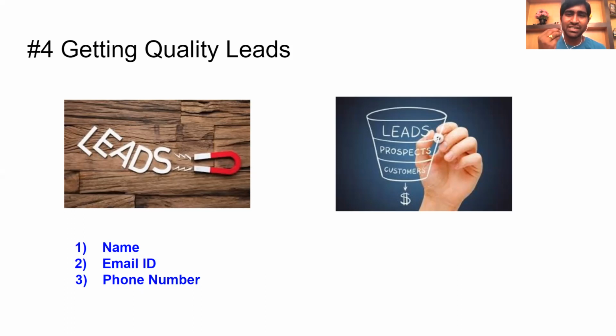So when you give these details, or if you are running any Facebook lead ads, lead ad form, then you have to ask questions. As I said, you don't need to get easy leads. With the Facebook lead form and LinkedIn lead form, with just one tap or one click, all the details like name, email ID, and phone number will be automatically filled up, and those things will be sent across to us as a marketer. So you don't want this kind of easy leads. You have to make it hard.